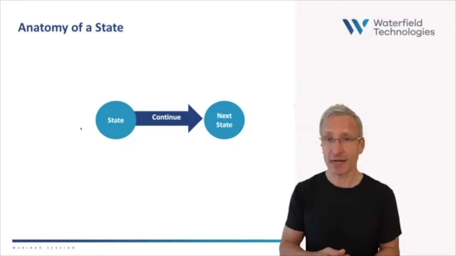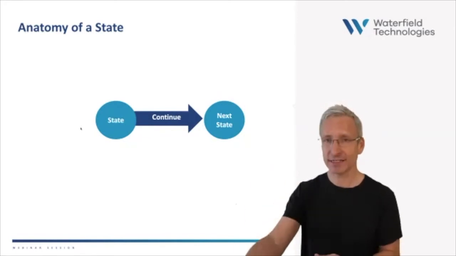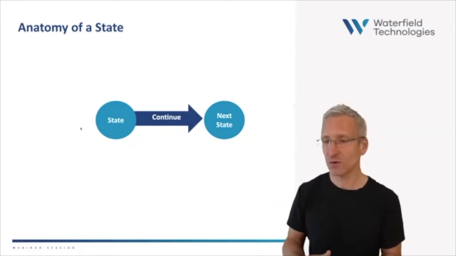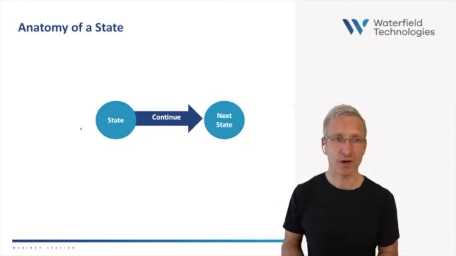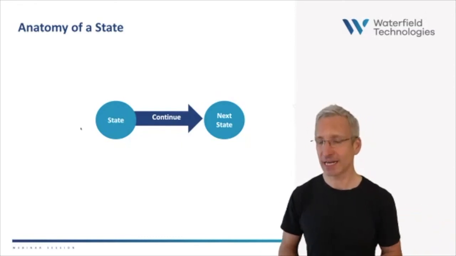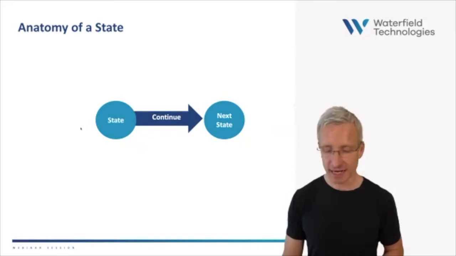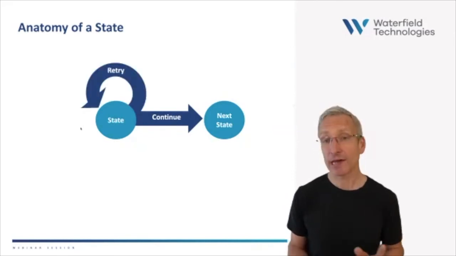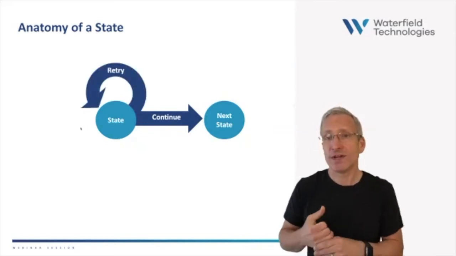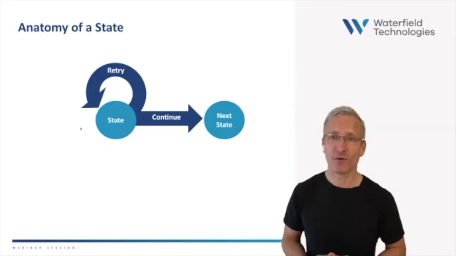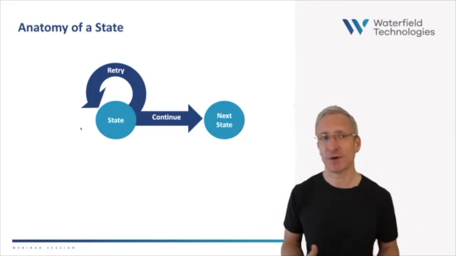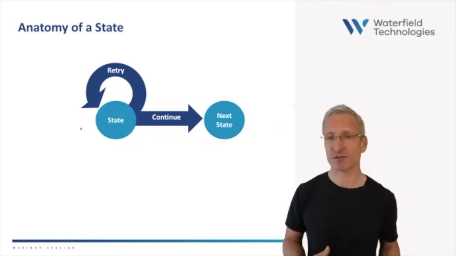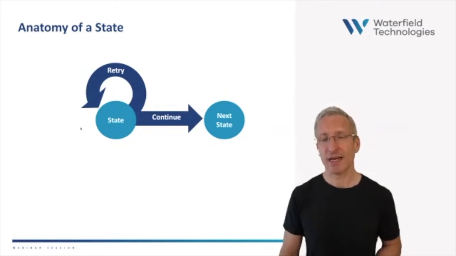It could be that it's successful, the backend API lookup is successful, or the customer provides the information we're looking for, and we continue to the next state. Customer journey flows exactly as we'd hoped it would. It could be that we don't get the input that we're looking for from the customer. Maybe they give no response, or maybe they give an ambiguous response or a response we can't understand. And then we need to retry.